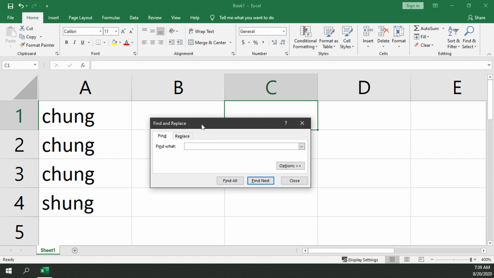It will bring up the Find and Replace little menu. Then select on the Replace tab. From here, it will say find what and replace with what. So you can type in the text here that you want to replace. So I have a lot of chung here, and I want to make it all shung here. So we'll go ahead and type in chung, okay, and I want to replace that with shung, so it's all